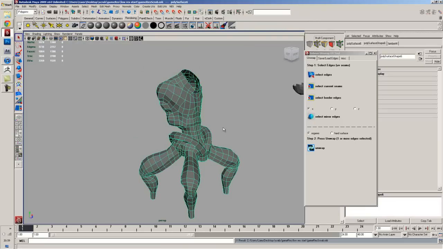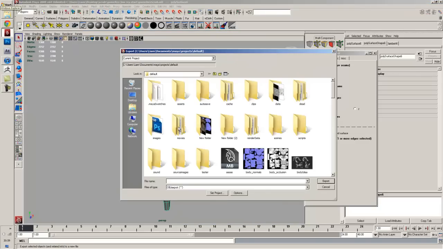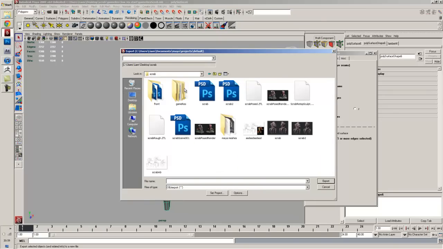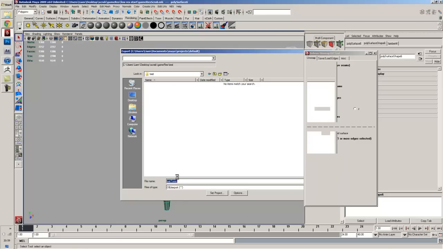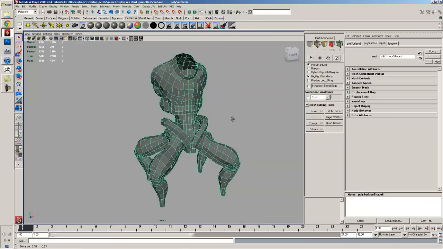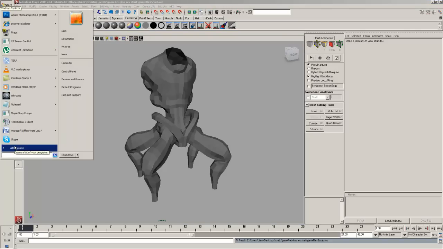This is how I project things onto low res polygons. I export this one out because that's got all the information on there, the UV maps that we've just applied. It's coming out of my Scrab folder, game res, and we're just going to make a new folder called test. I'm just going to type in test torso. Alright, cool. So all that needs to be done for Maya, and I'm going to open up a program called